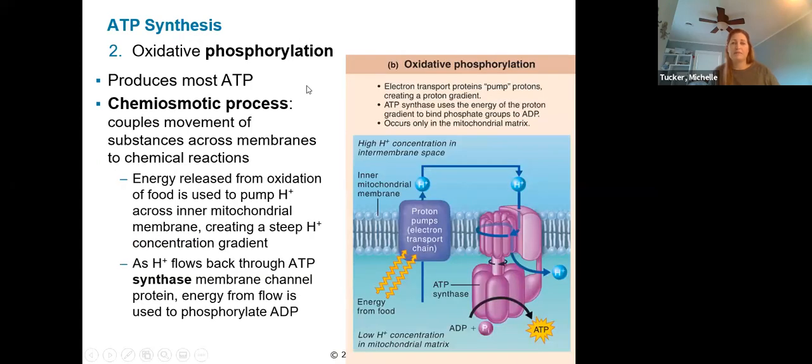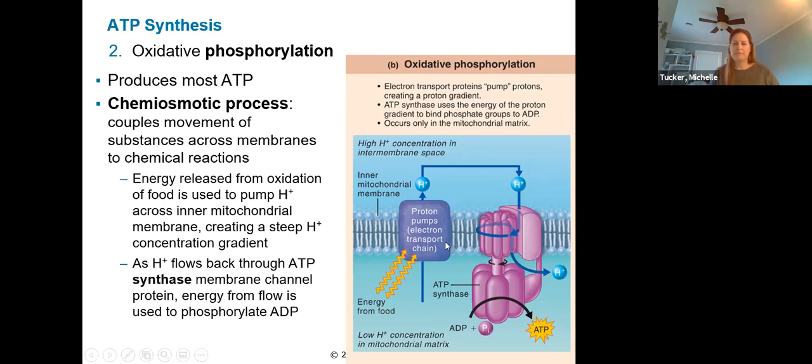The second way of producing ATP is much more elegant. This is oxidative phosphorylation, which occurs in 2 processes. The one that most people have heard of is the electron transport chain. We often refer to the electron transport chain as oxidative phosphorylation, but that's actually just the first phase. And then the second phase is using a hydrogen ion gradient to produce